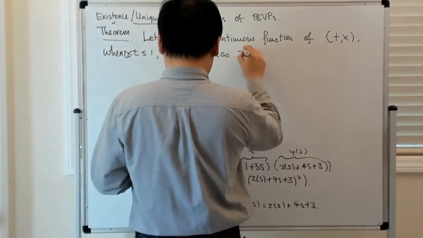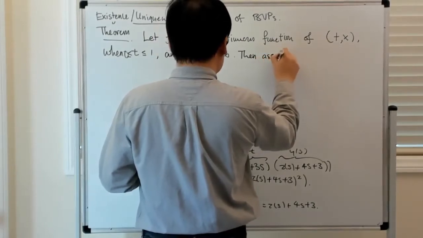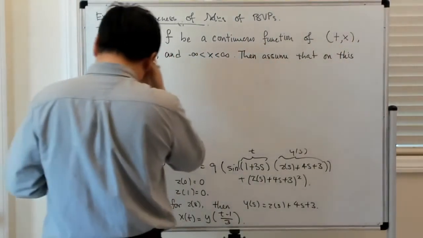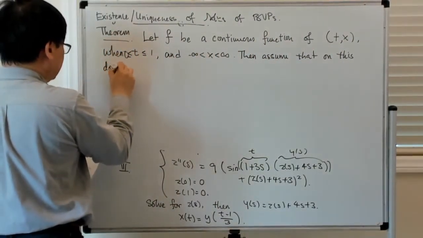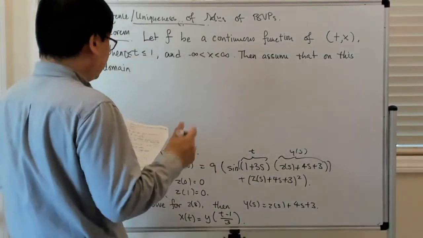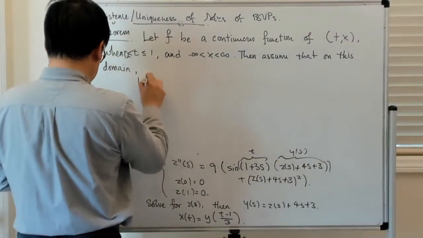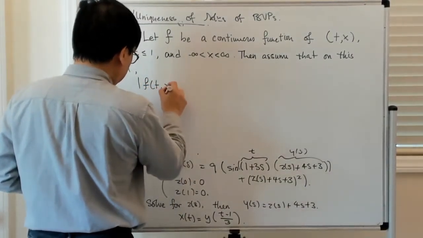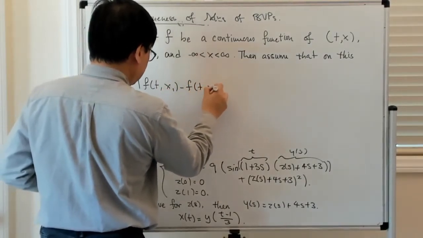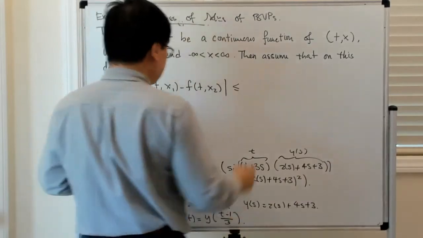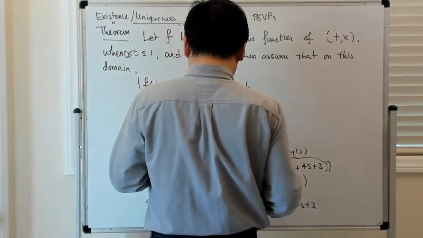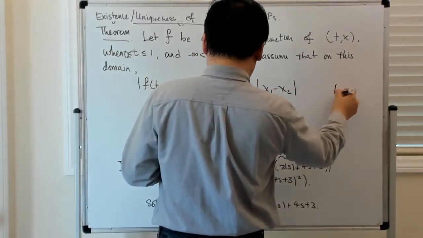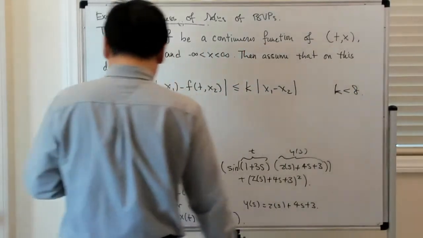Then assume that on this domain you have a Lipschitz condition in the second variable. So the absolute value of f of t, x1 minus f of t, x2 is less than or equal to some constant k times the absolute value of x1 minus x2, where k is less than 8. Then